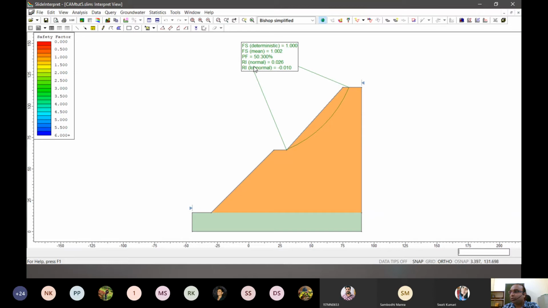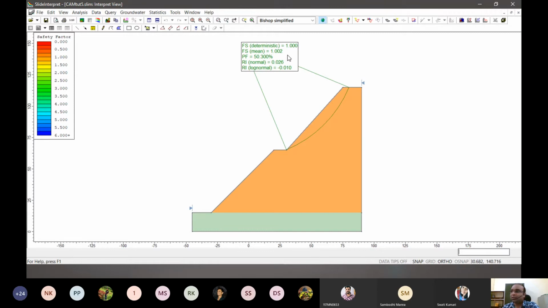However, when we go for the reliability index and say that it should be sufficiently stable, it is very far from it. The reliability index is close to 0 or even a negative value. That means we can say it is an unstable slope in that condition, and we have to do some stabilization work.